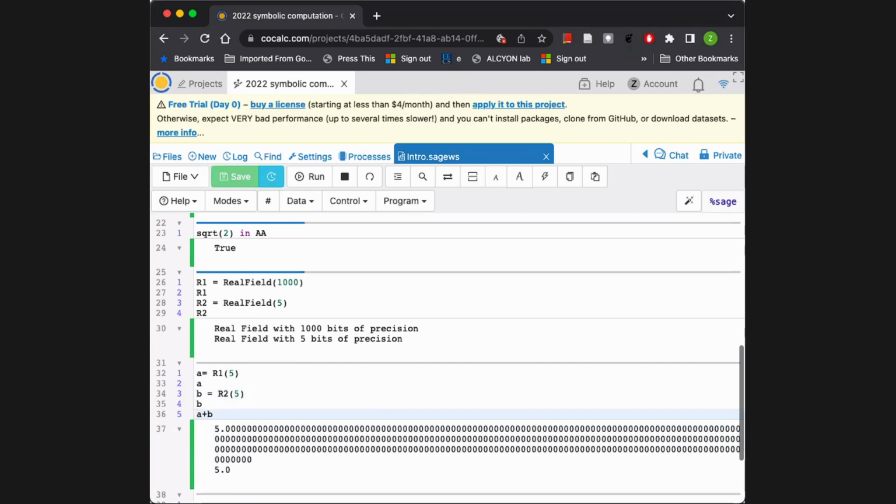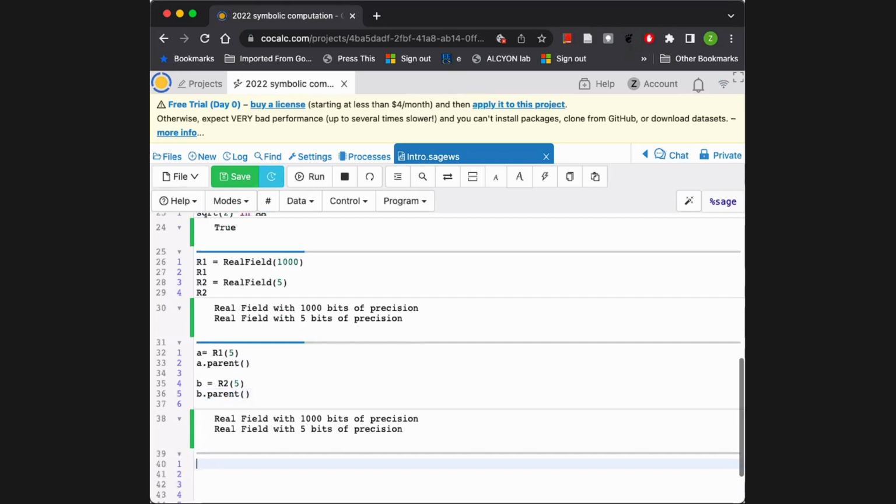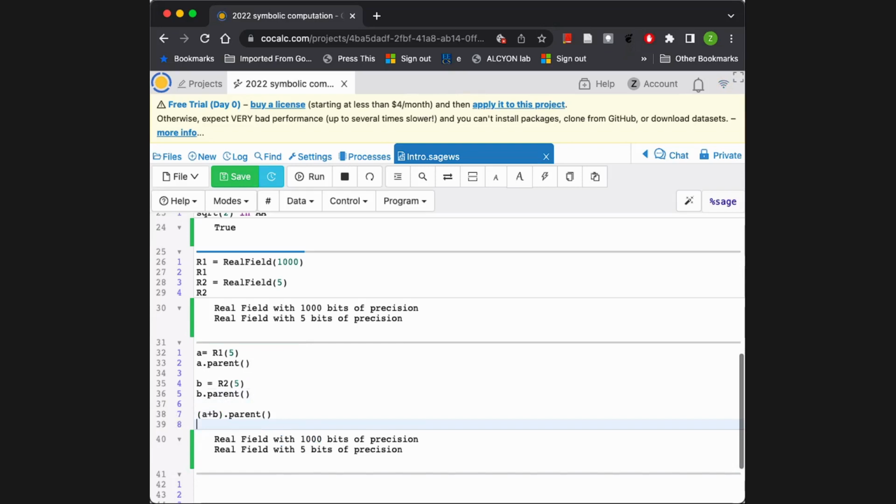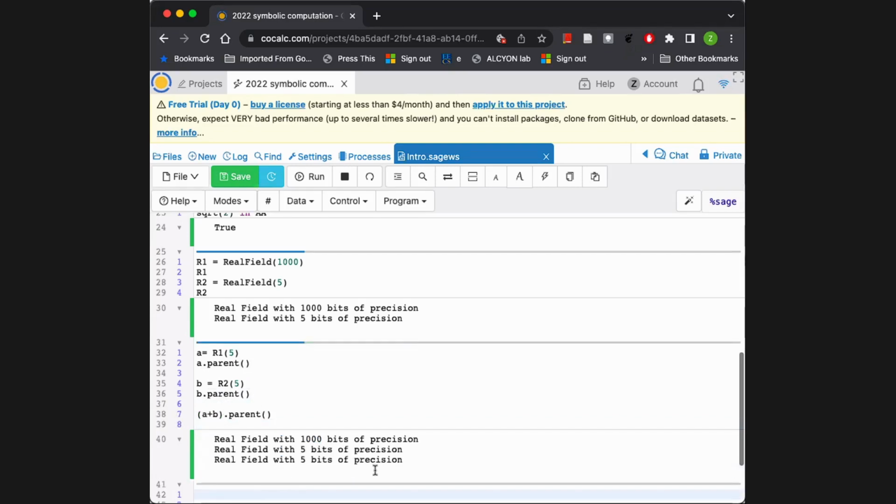How many bits of precision will A plus B have? Thousand bits? So I can ask the parent of every element. In Sage, every element has a parent. You see, the parent of the first one was this field. The parent of the second one is that field. Now I want to ask what is the parent of A plus B. And that will be,